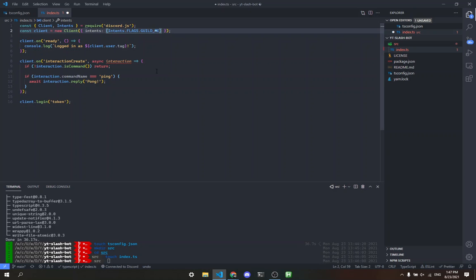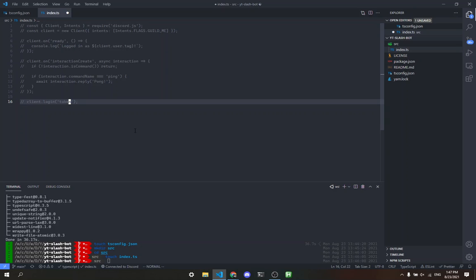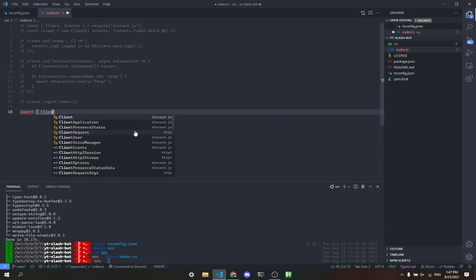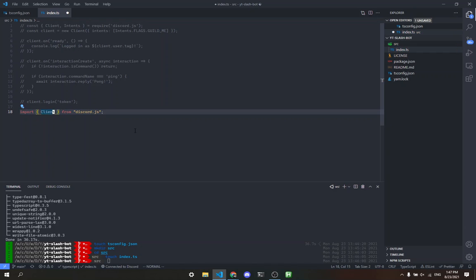Okay, so what's happening right now? This is actually required, so let me just comment this out real quick. Sorry about that. So what we're gonna do is say import client from discord.js, and it'll autocomplete